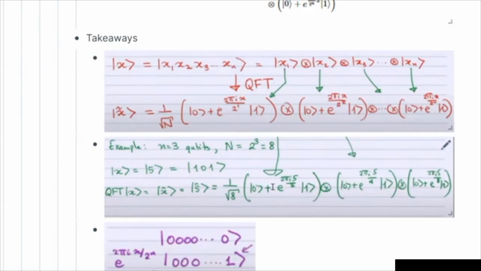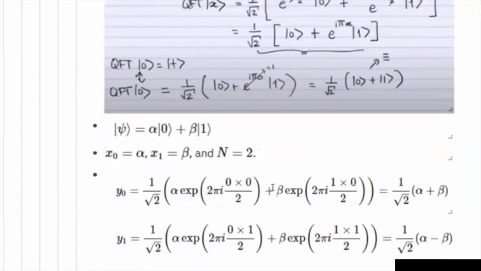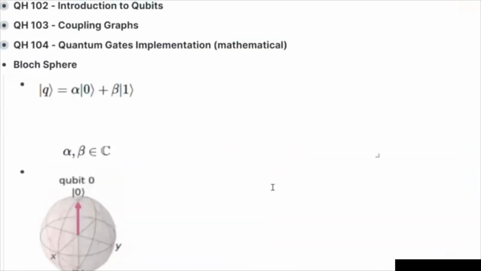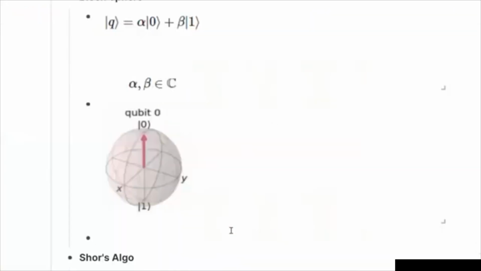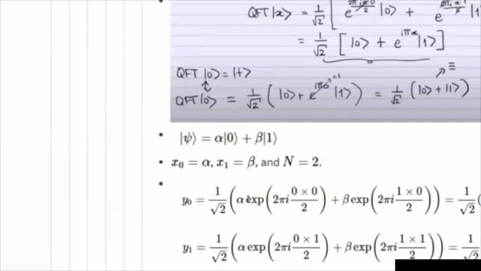We call them rotational gates, unitary rotational gates, and they can be used to rotate the qubit partially. So when I say rotate, what I mean is it's basically adding phase. You don't physically rotate the qubit. It's just that when you represent the qubit in the Bloch sphere, like I showed you over here also. So these are the rotations, right? Rotation means it's just adding a phase to them. That's it.